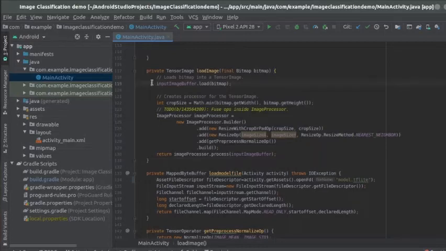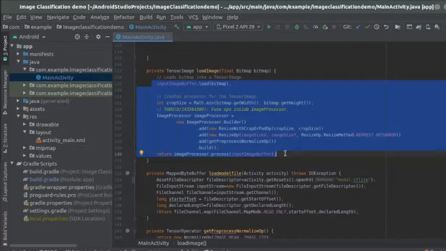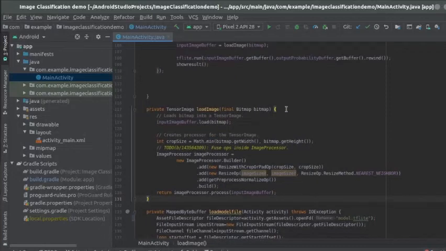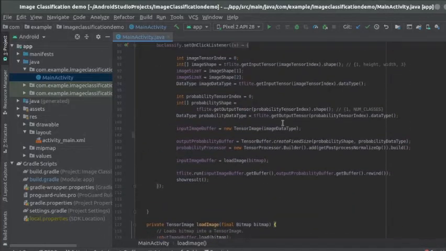This will load the image and process it, and our image processor here is supported by TF Lite. This image processor will process our image, resize it to the required size and return it as a tensor image. Then we have our input ready for the model, and also the output.